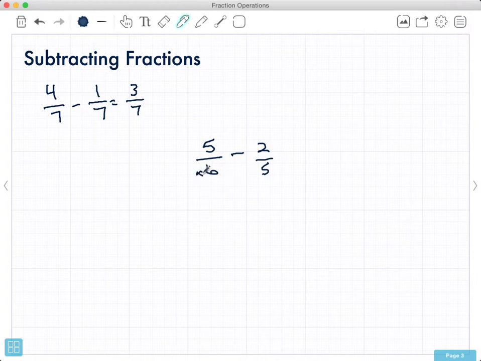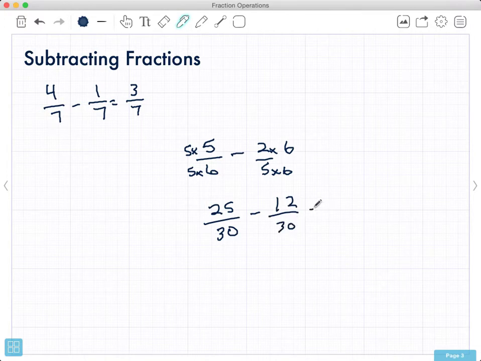So I need to multiply 6 by 5, and I do the same thing to the top. And over here, I want to change the 5 to 30. I need to multiply it by 6, and I do the same thing to the top. So I end up with 25/30 minus 12/30 leaves me with